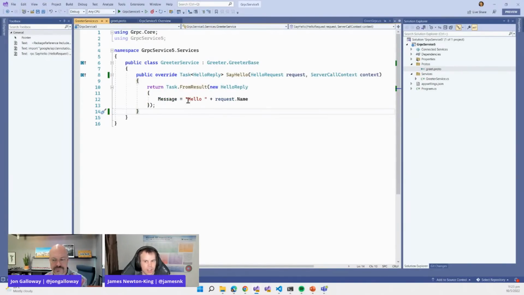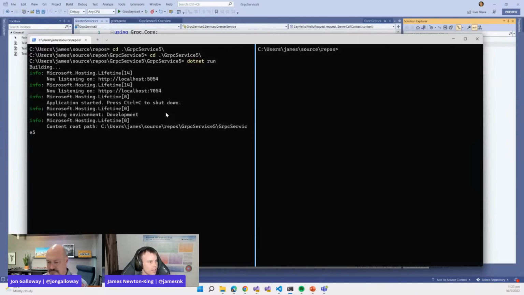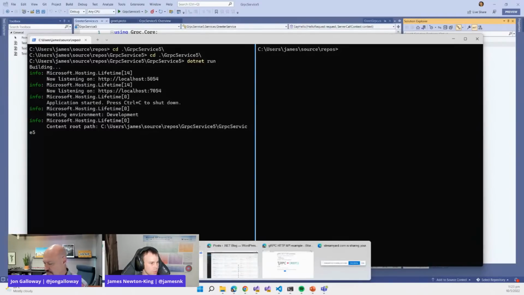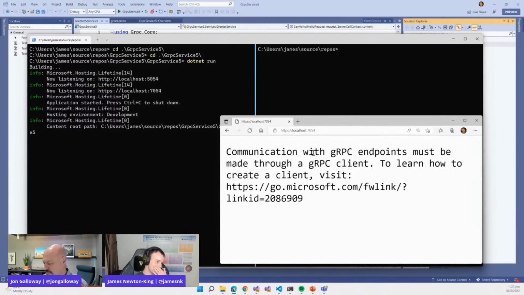So that's that. Let me just compile this to double check it works. All right, so let me come in and we'll run our new grpc service. So if I call .NET run, this will launch up Kestrel. Our grpc service just lives inside Kestrel, and we'll browse to this endpoint, and we get this message, and it says communication with grpc endpoints must be made through a grpc client,